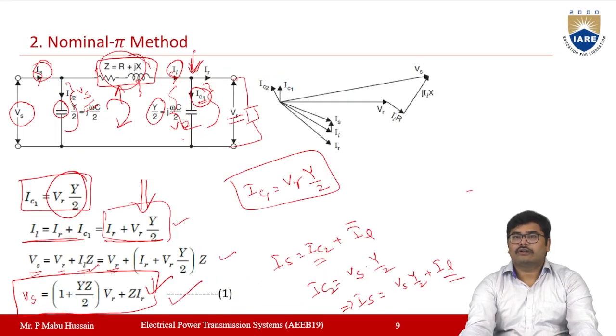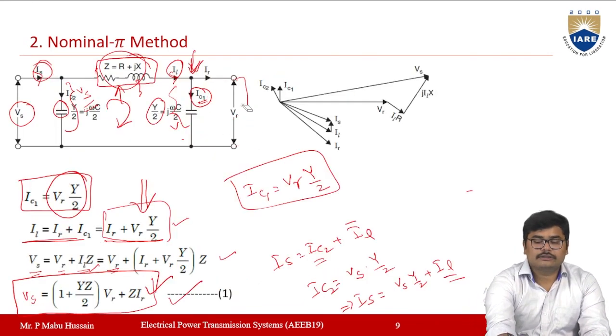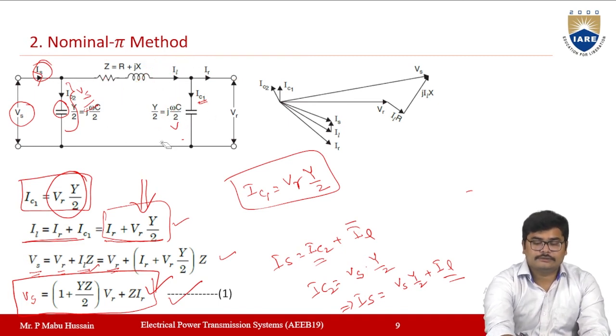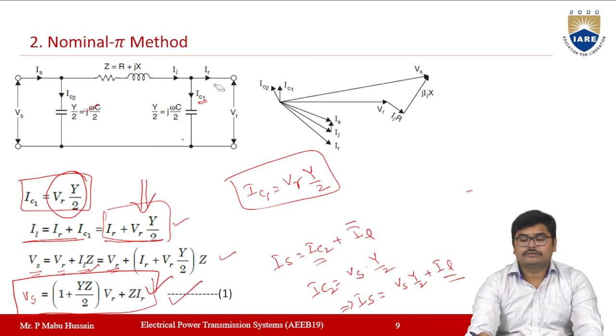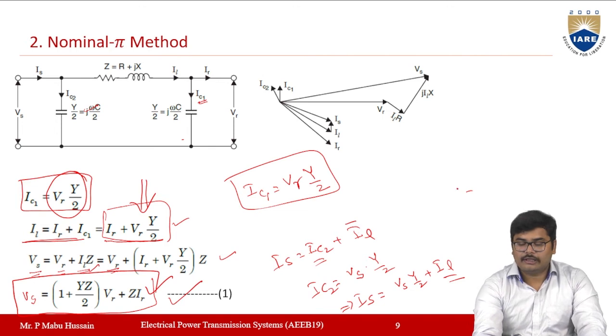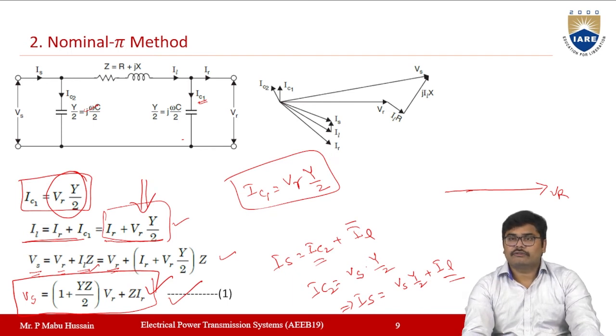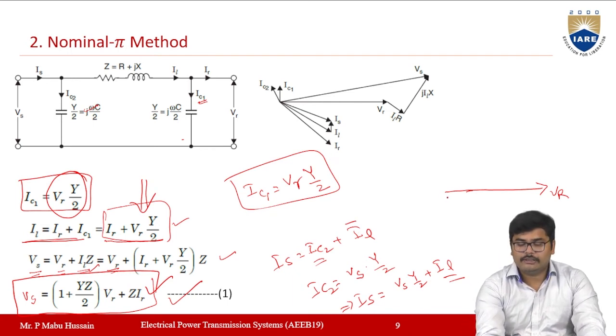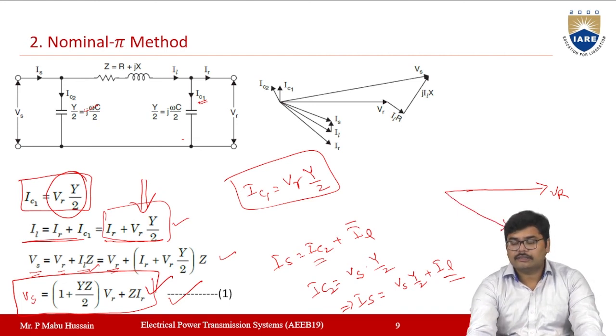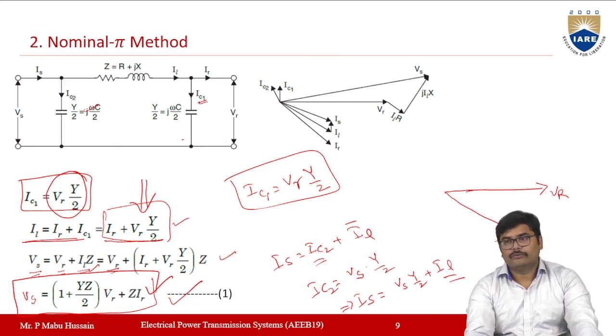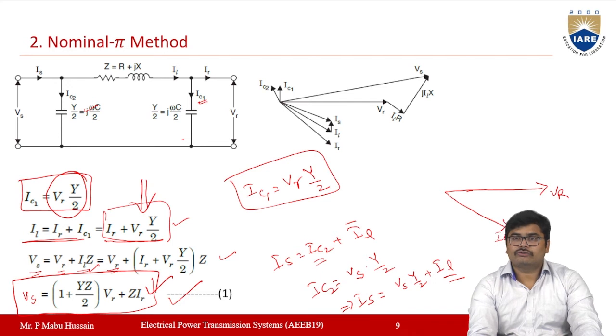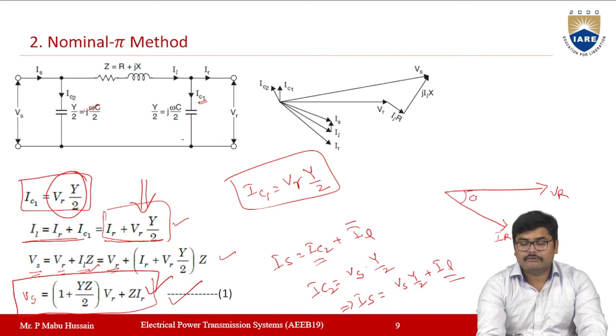In a similar way, you can draw the phasor diagram also for this network. How can we draw the phasor diagram? Let us see. For writing the phasor diagram, as usual, you have to consider one reference. I'm taking again the same, VR as my reference. Once you take VR as reference, then IR will be lagging. VR is the voltage across the load at the receiving end, and IR is the current flowing through the load. Generally, as I said before, the loads will be of lagging type, so current will be lagging the voltage by a power factor angle phi r.